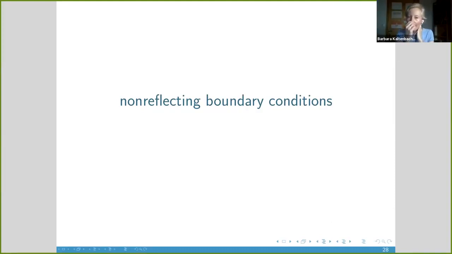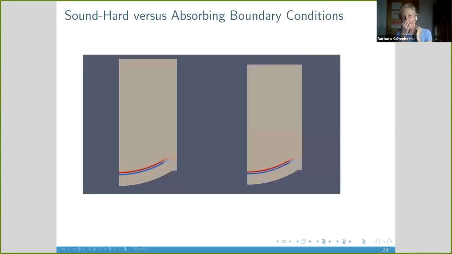Okay, then I can say at least a little bit about these non-reflecting boundary conditions and why they are important in the context of acoustic wave propagation. So the main point is that waves usually propagate in free space, but one would like to restrict computations to a limited domain that is not too large, because the larger the domain, the more computational effort it costs to do simulations. And so in the setting that we have seen before, where we have this bowl-shaped piezoelectric array here,